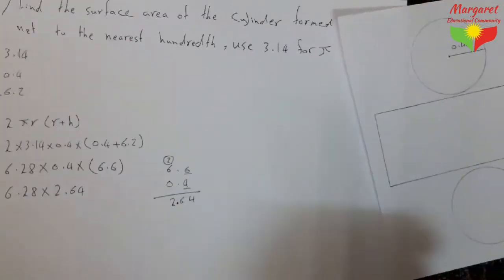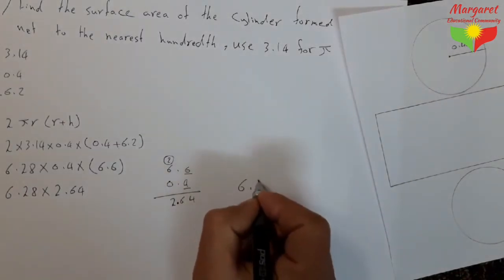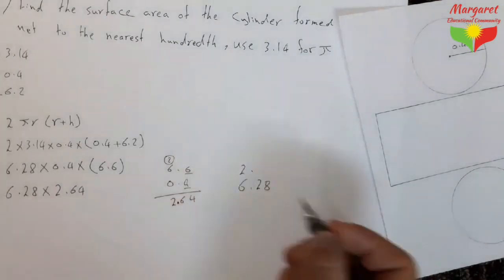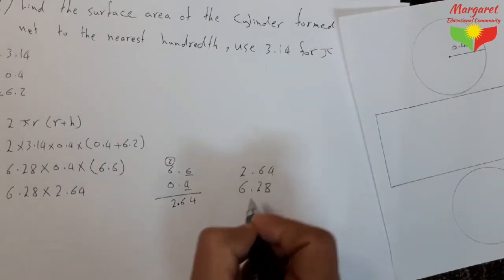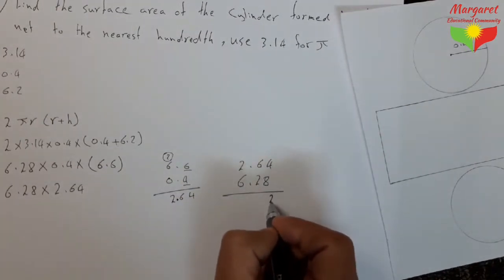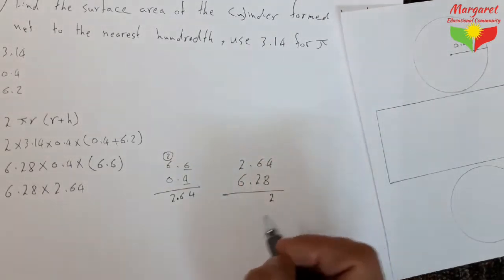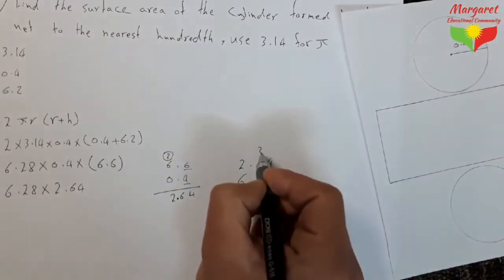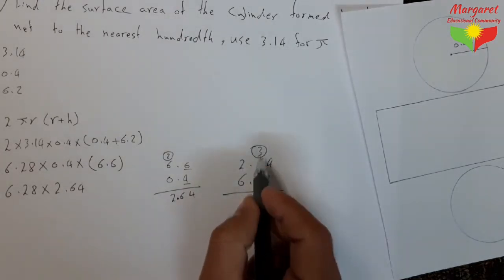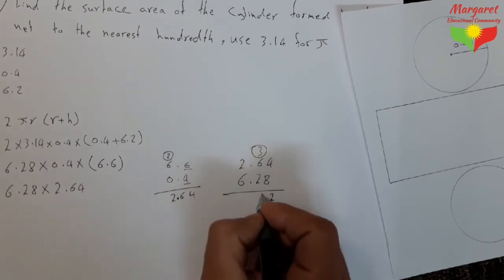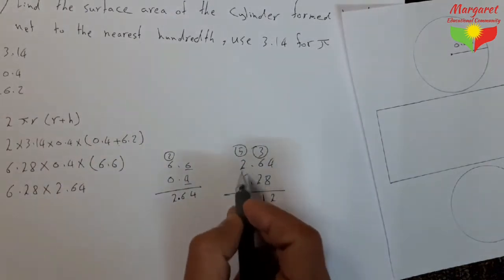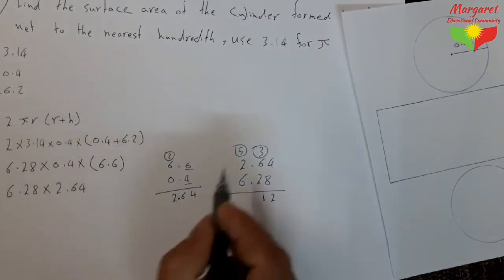Now we have 6.28 times 2.64. 8 times 4 equal to 32. Write 2 and put 3 up to here. 8 times 6 equal to 48. Plus 3 equal to 51. Write 1 and put 5 up to here. 8 times 2 equal to 16. Plus 5 equal to